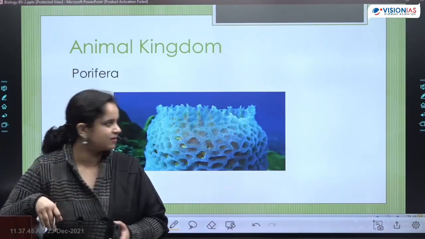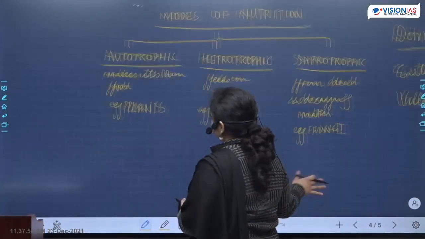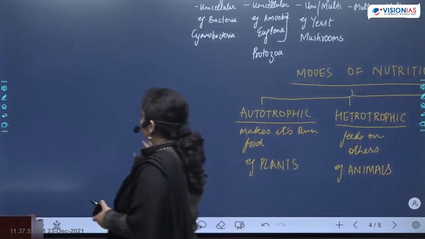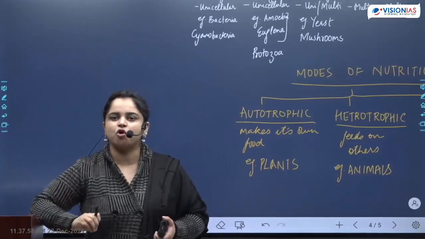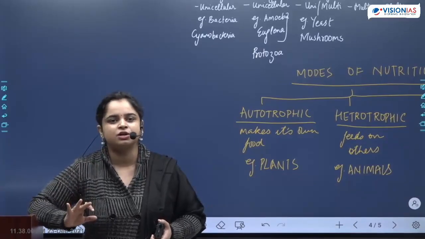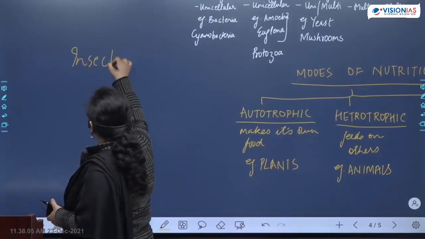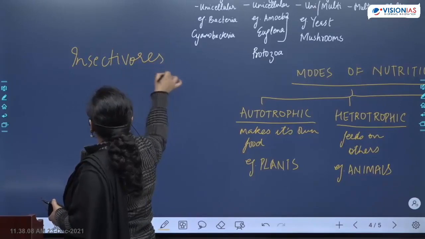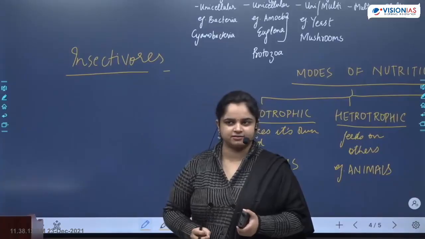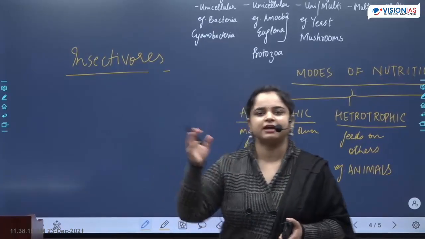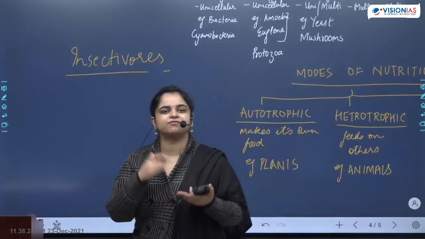Venus flytrap. Okay, so this is one exception when it comes to plants. All plants are going to be autotrophic. Whenever we have called something a plant, that means it is making its own food. That is for sure. There are some plants which we call insectivores. Insectivores means they are feeding on insects, like the example he has given, Venus flytrap. What is Venus flytrap? With the name you can understand, it's trapping flies.